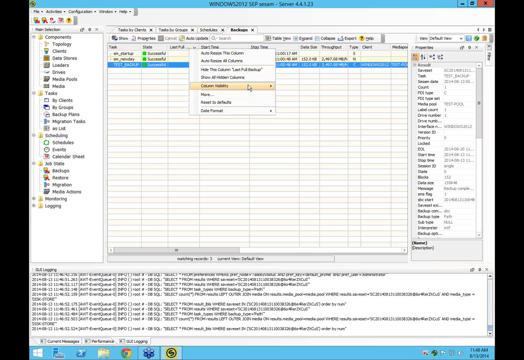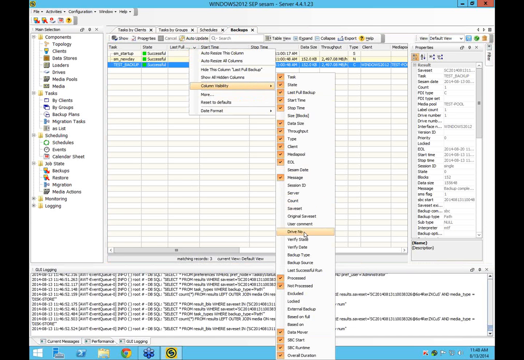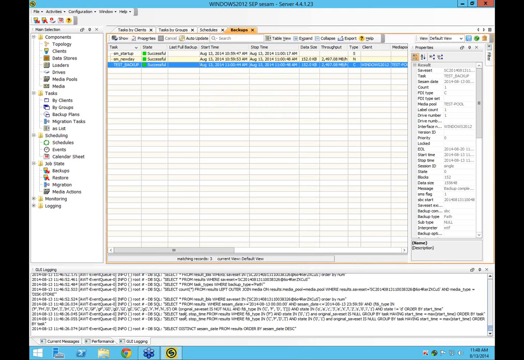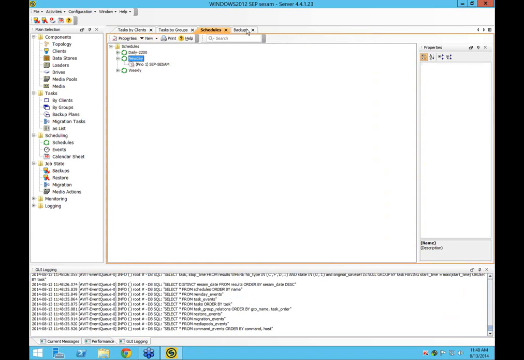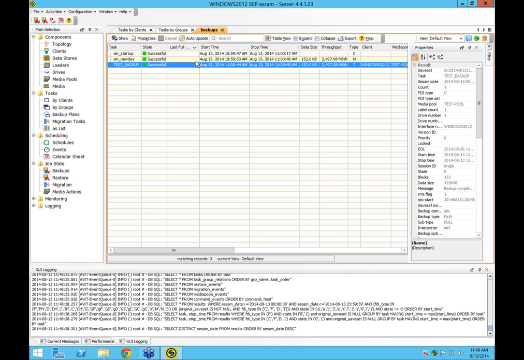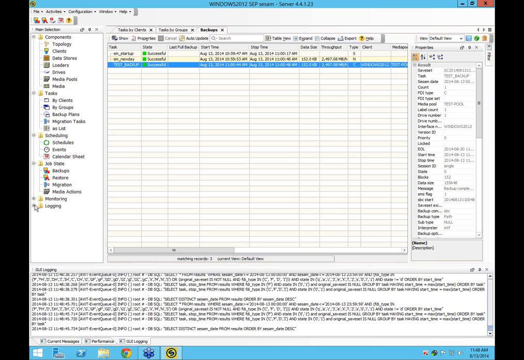I like to use this as a report builder. So if I wanted to add my drive numbers, I could just cut and paste the SQL query here into the email notification. They're just open scripts, and that lets us do any type of custom reporting. It also lets us see every single thing that the GUI is doing. From an admin or support point of view, that means that we don't have to call support or upstream support for every little thing because we can see exactly what's happening.